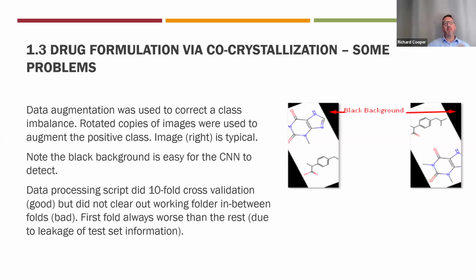And here's the problem. They had to use data augmentation because they had a class imbalance. The way they did it was to rotate copies of these images of molecules to augment the positive class, the ones that formed co-crystals, because there were many fewer examples of those. And this image, like the one on the right, is typical. When they rotated it, they left these big black backgrounds where they'd rotated the image. And obviously, it's quite easy for a CNN to detect those black backgrounds, and then it knows that's a positive